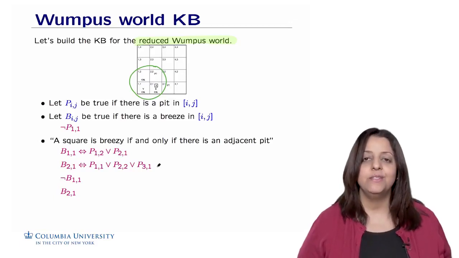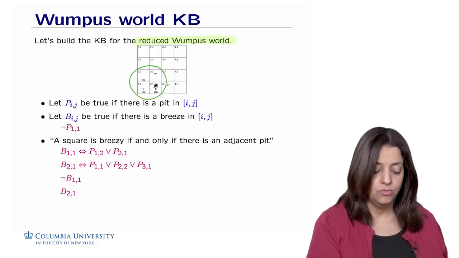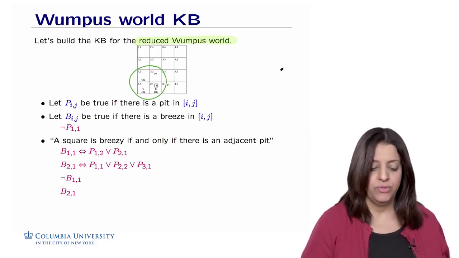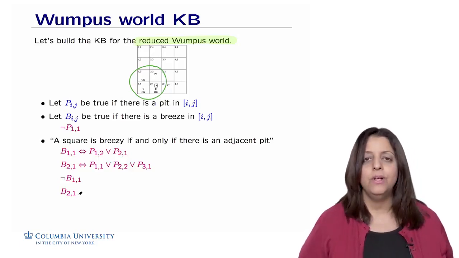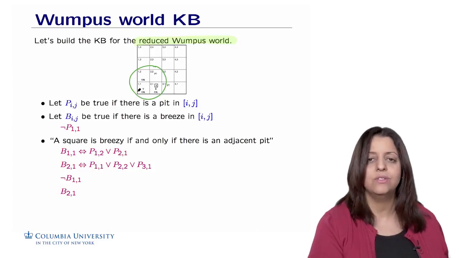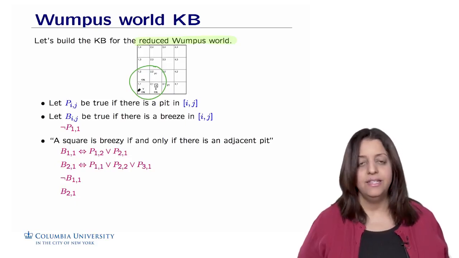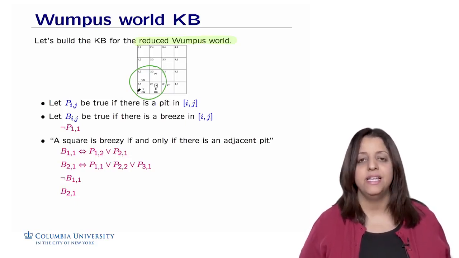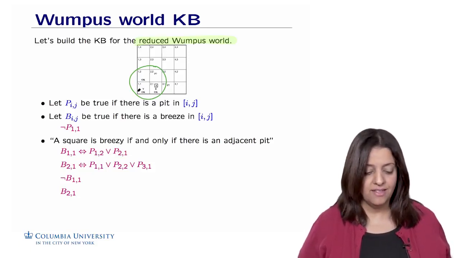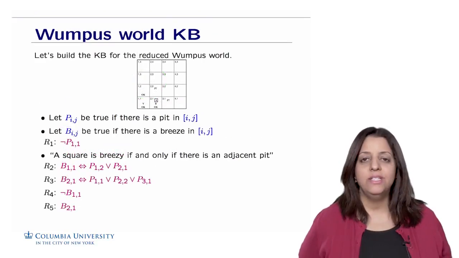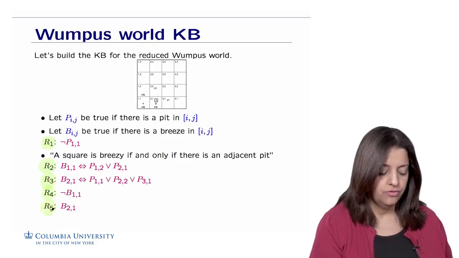All right? So the agent is exploring this area. After the agent moves from room 1,1 to room 2,1, we know that it perceives a breeze in the room 2,1, right? So I'm going to write that as B21. And we also know from the beginning that there is no breeze in 1,1. So I'm going to write this as the first propositional sentences that express the knowledge that the agent knows about the presence of pits and their breeze, and also about what it perceives from the environment, such as the fact that there is no breeze in 1,1. Let's now call each of these statements in propositional logic a rule: R1, R2, R3, R4, and R5.